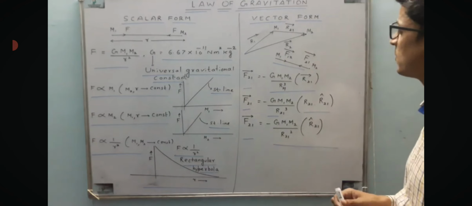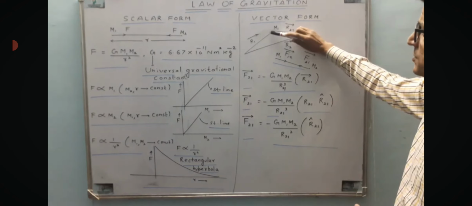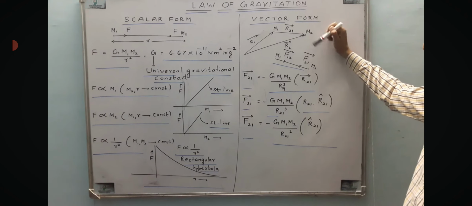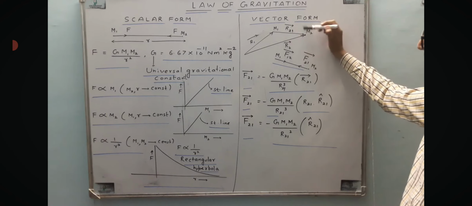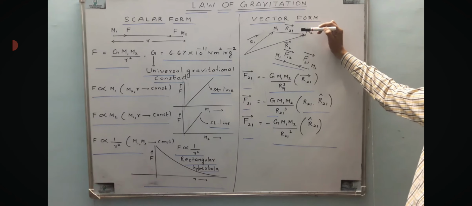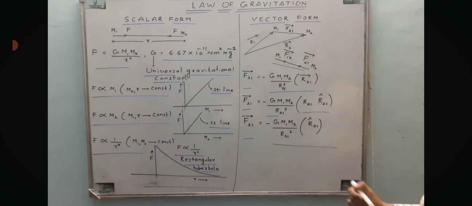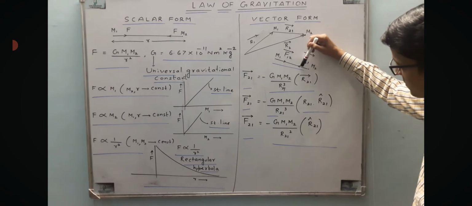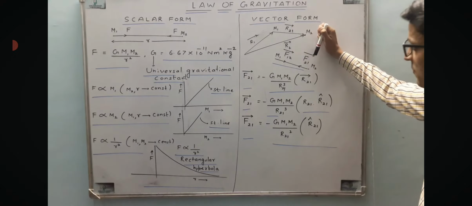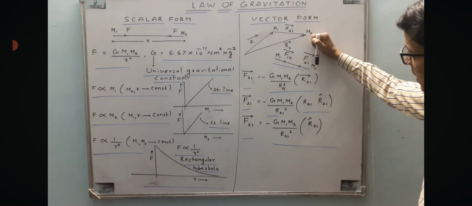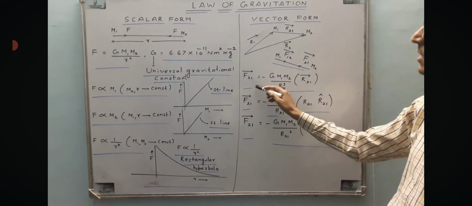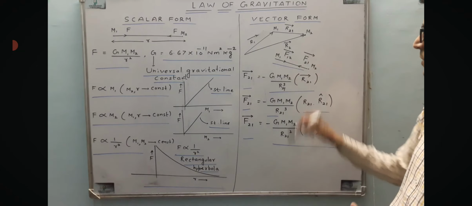Let's look for the vector form of this law. Suppose m1 has a position vector r1 and m2 has a position vector r2. So I draw a vector from m1 to m2 and name it vector r21. On mass m2, m1 will apply a force towards it. I represent it by vector F21, and on m1, m2 will apply a force towards it. I name it F12, and mathematically the relation is that vector F21 is minus G m1 m2 upon r21 cube